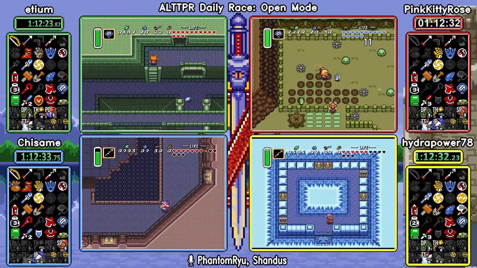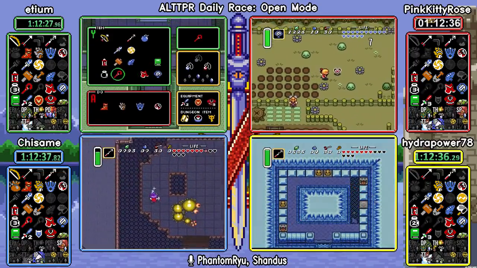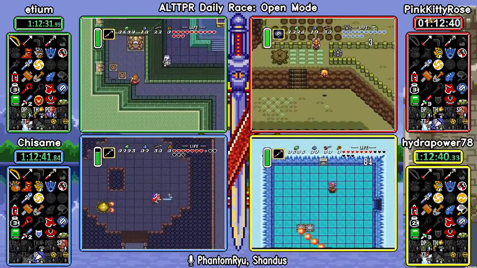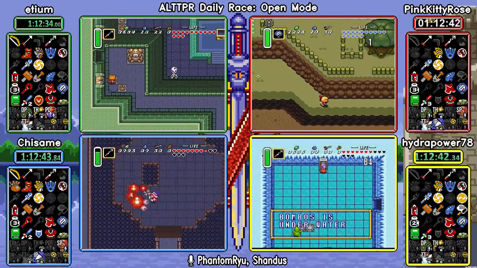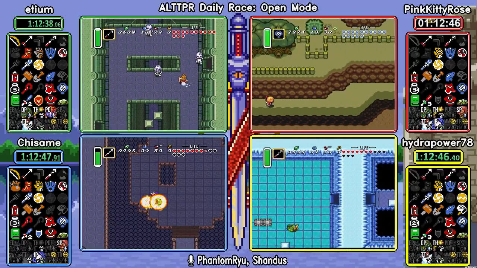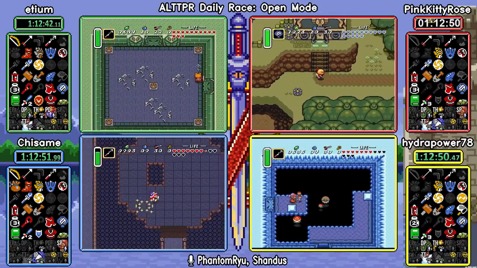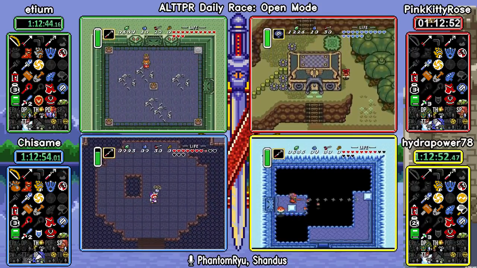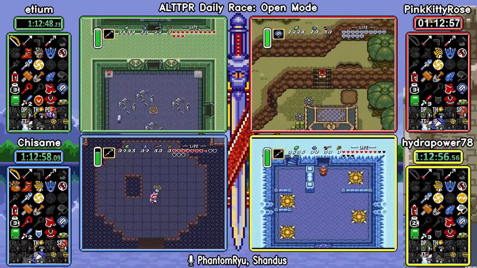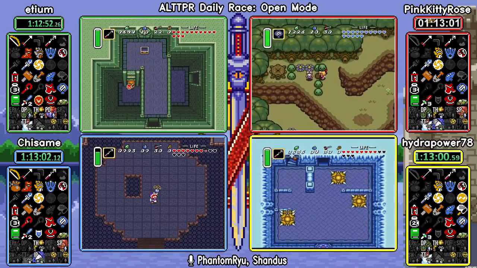So I'm going to very quickly finish up Eastern Palace here. Always nice when you can just back-to-back either Pod and Eastern or Misery Mire and Desert, because their entrances are in the exact same spot, so you can just mirror out, go straight to the next dungeon. Yeah, those dungeon combos are real nice. Especially when you got to do them all anyway. Right. Yeah, this is an all dungeon seed, so...